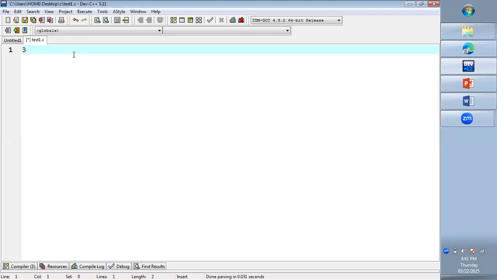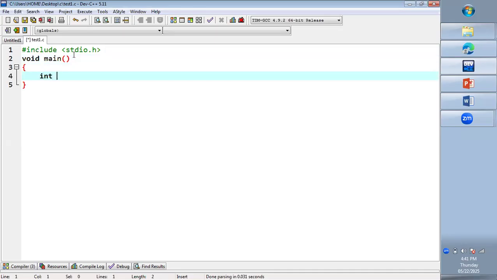So I will be writing here a C program where I'm going to use the comparison operators of C programming. I'm writing the first line as a preprocessor directive, which is adding the standard input output header file. Then I'm adding the main function, which is the starting point of execution. Within the main, I am declaring two variables, A as 10 and B as 20, and I will be using the if statement